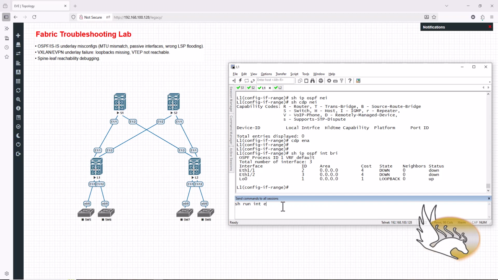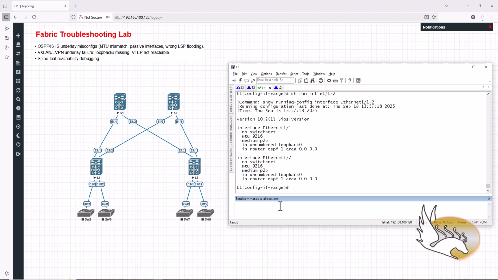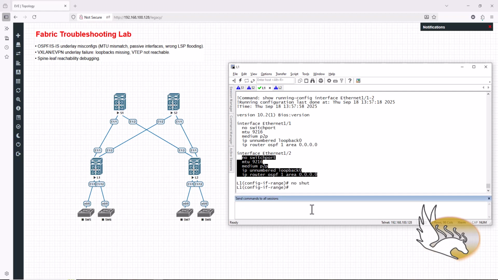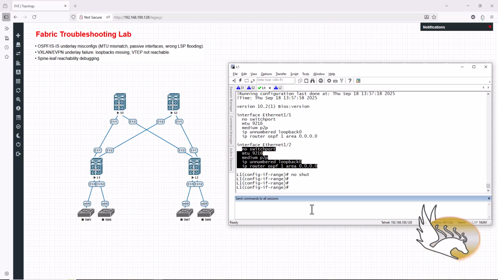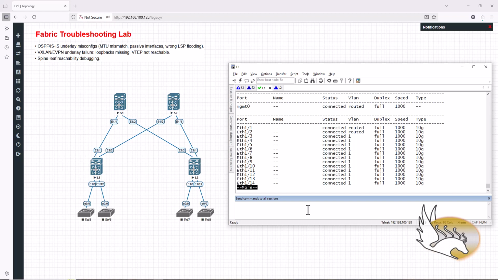So let me see. Show run interface E1/1 to 2. You can see that in this case, I have no switchport. I have the correct MTU configuration. I have the correct medium configured. Also, the unnumbered configuration, and also OSPF has been configured in here. If I say no shut, of course, there has been no shut in here, but again, show interface status is going to tell me that these two are connected, routed, which means that now they are